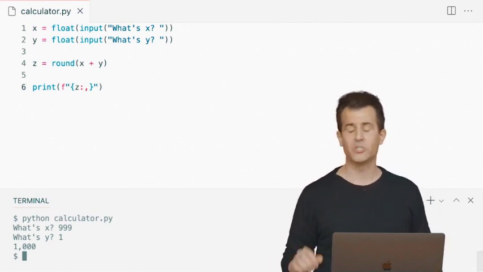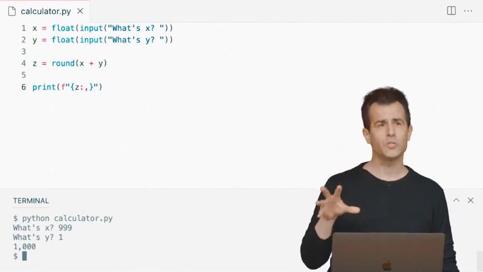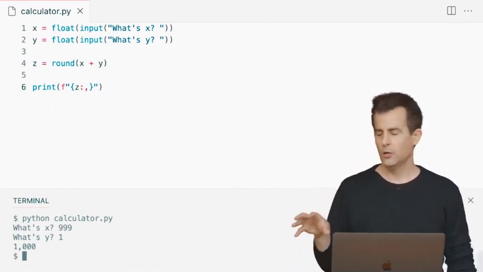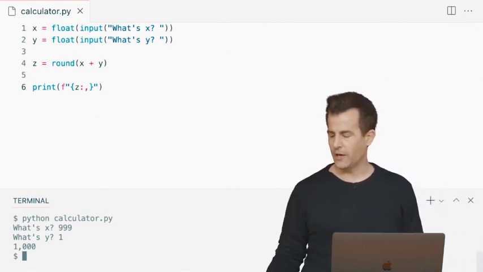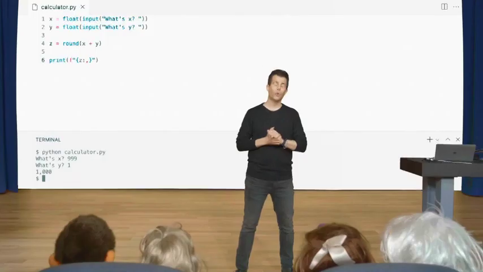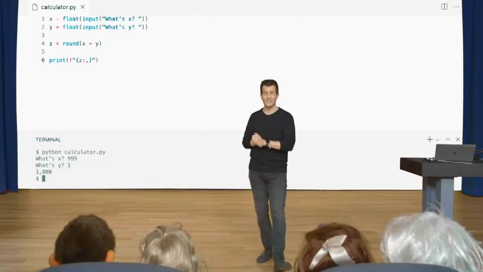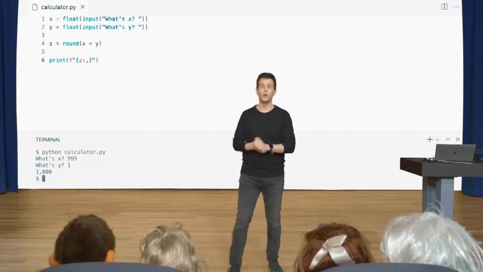All right, let me pause here to see if there are any questions now on floats, on rounding, or on this use of f strings. Yes, so I have a question. When using floats, is there a cap to how many decimal points it can have? A really good question. So floats, yes, and this is a problem we'll revisit before long.